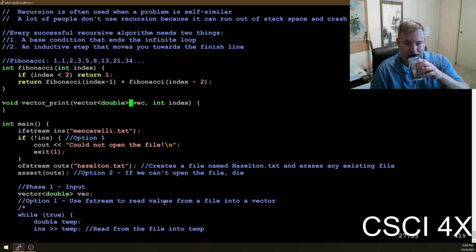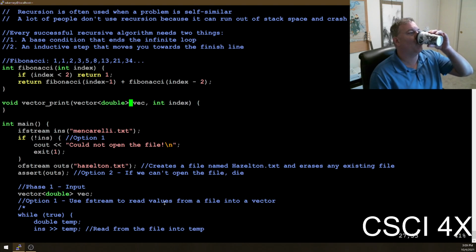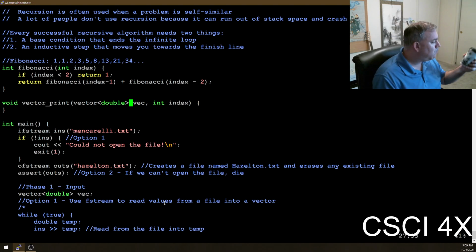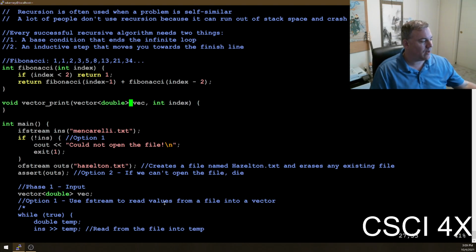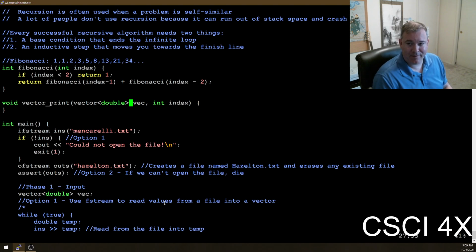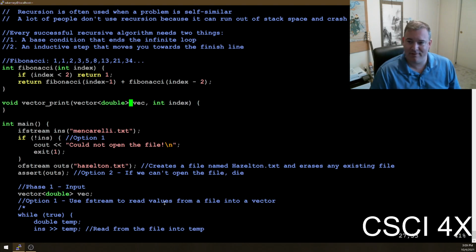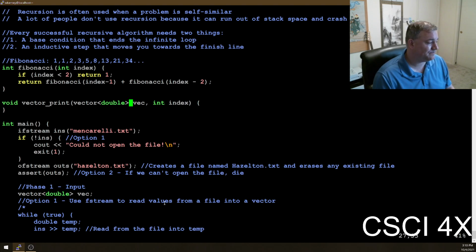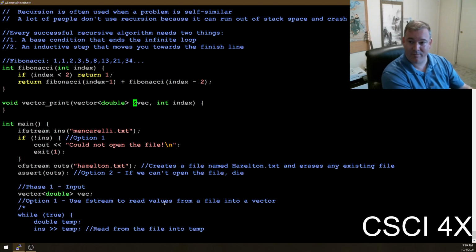Call by value means duplicate the vector every time. So if you pass in a vector of 1,000 elements, it'll duplicate all 1,000. And then when it recursively calls itself, it'll duplicate itself another time, and another time, and another time. Call by reference, yeah, that's better.